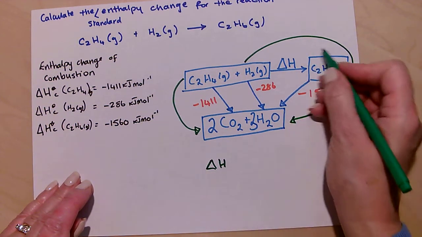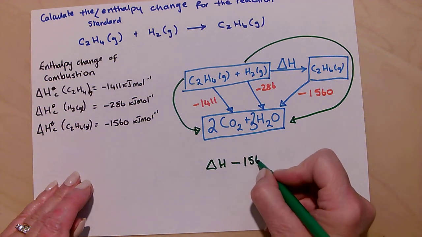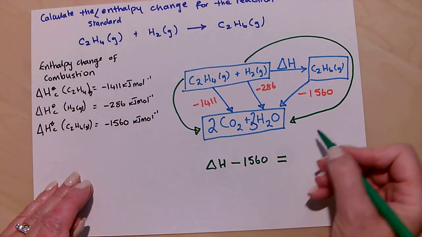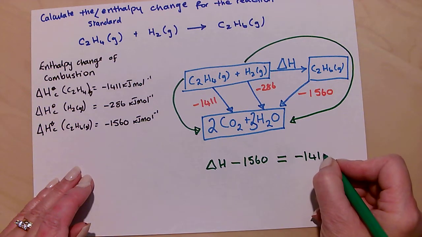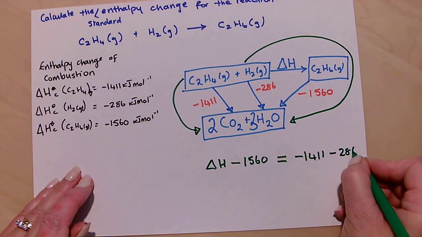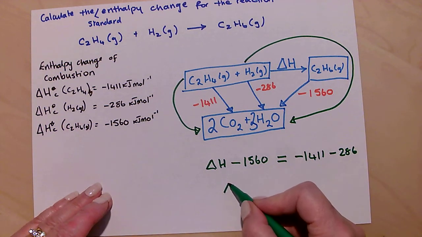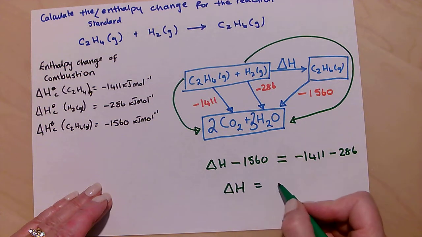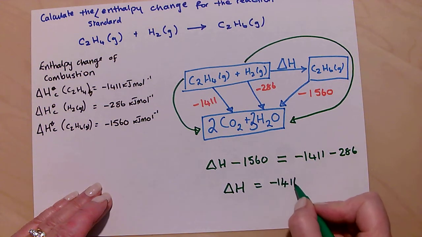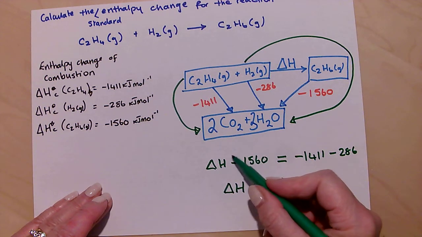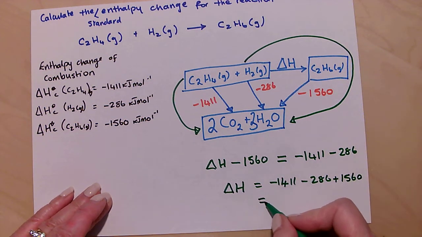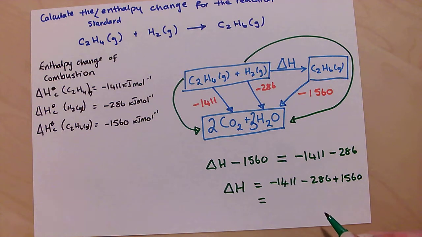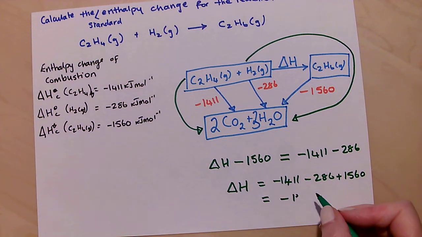delta H, minus 1560, that gets me to here, is equal to coming from here down here, so that's minus 1411 minus 286. Okay, so we can rearrange this. Delta H is minus 1411 minus 286. If I take this to the other side, it becomes plus 1560, and we can work that out to give us the answer, which is minus 137